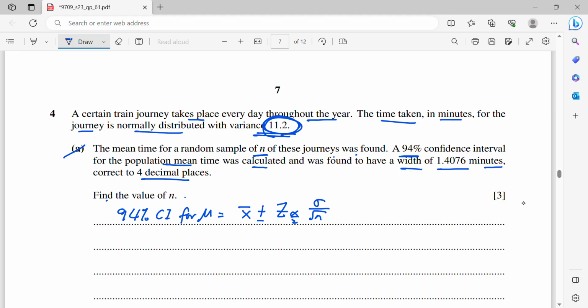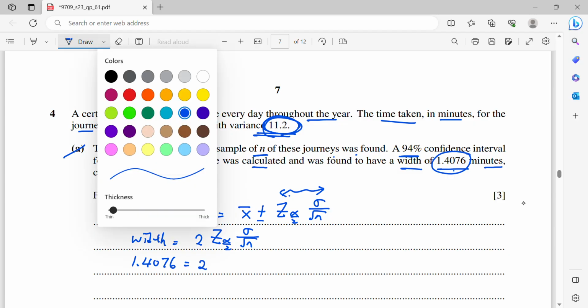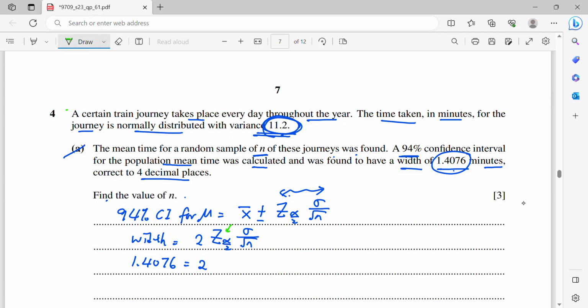Now for your information, the width is double of this term. The width is given as 1.4076, so 1.4076 is double of this. Now to get the Z value, you need to draw the